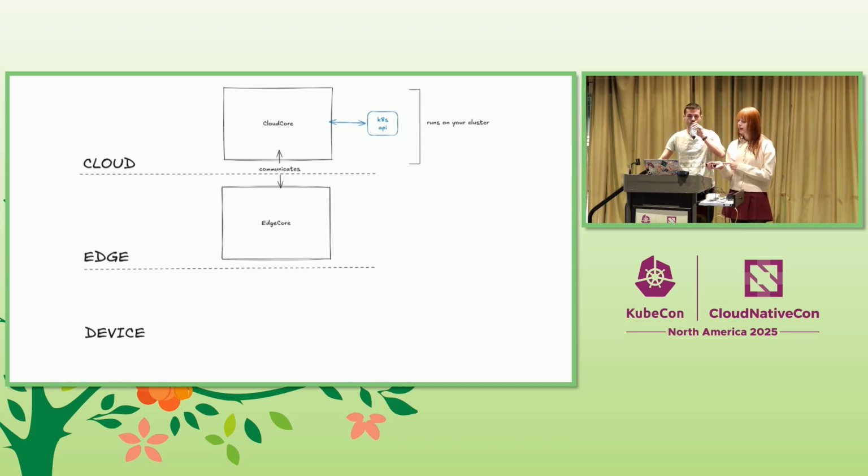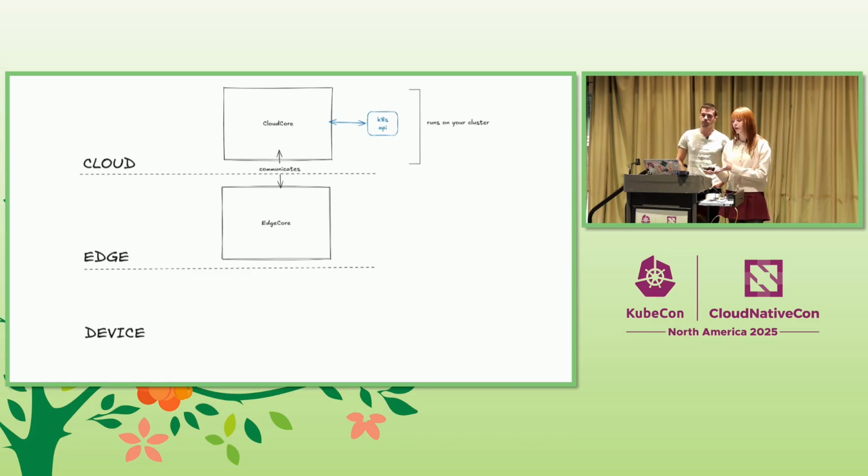Then on the cloud layer, the first component that you're going to see, by the way, this is more of a higher level overview. I'm going to go into detail after this, but the first component that you're going to see on the cloud layer is the cloud core, which is basically the single point of connection between your Kubernetes cluster and KubeEdge. So all of the communication from the Kubernetes cluster to the edge will go through this component, which